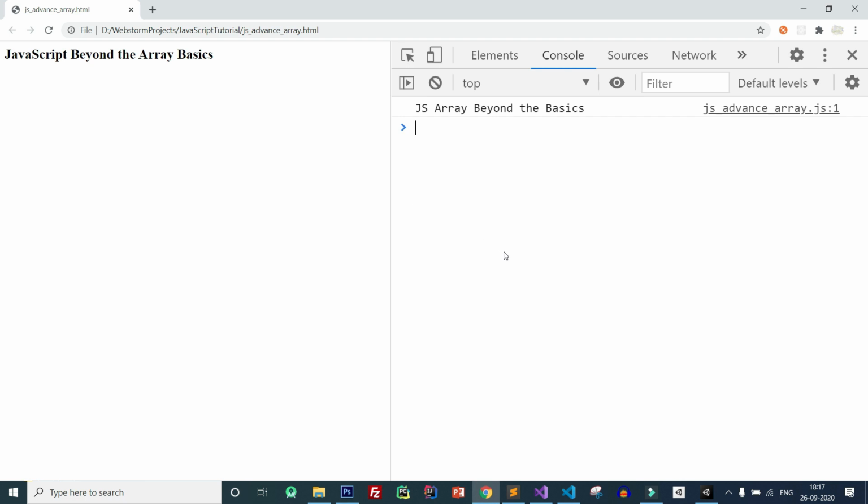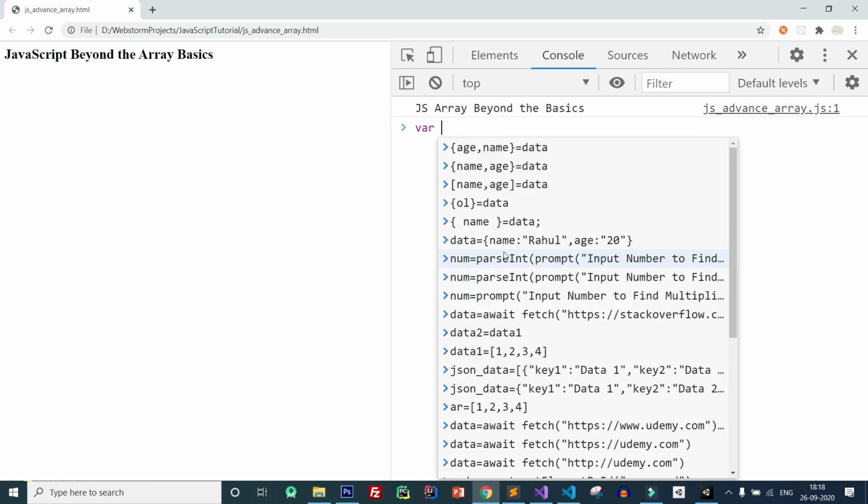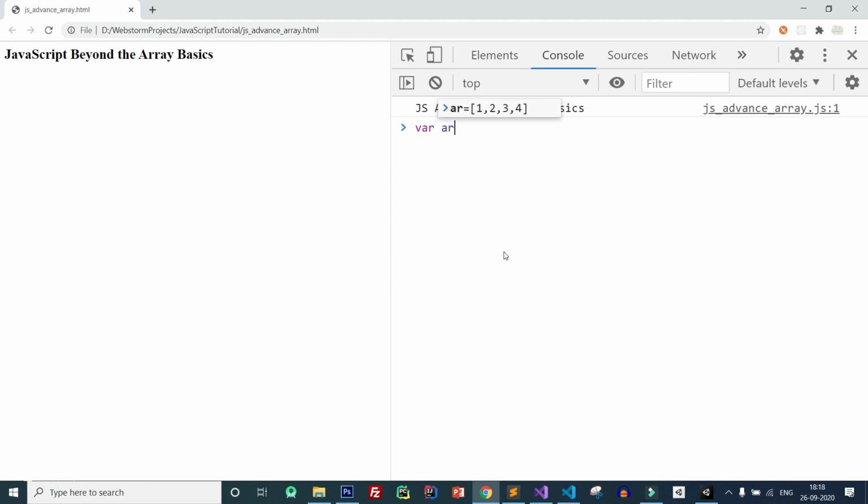So first let's see how you can create an array. For creating an array, we already know, like array data equal to 1, 2, 3, 4, 5. So in this way you can create an array.